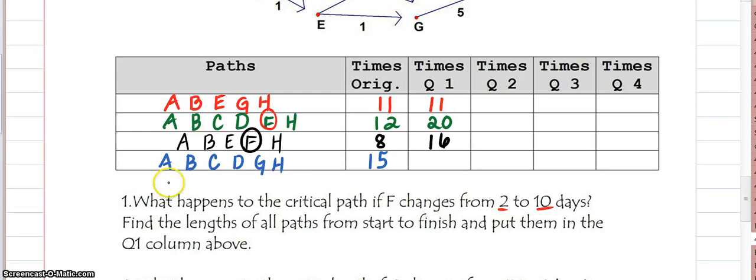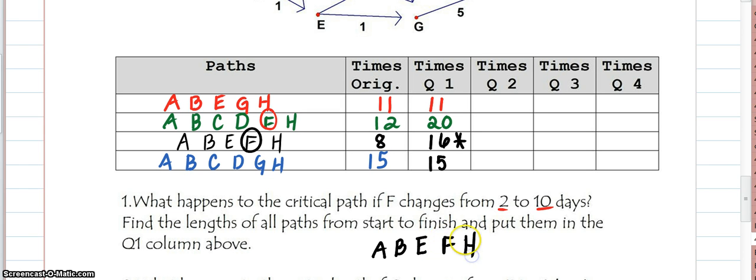And in the last path, there is no job of F, so we have 15 here. So the question is, did the critical path change? And yes, it did. You'll notice that now our third path increased from being 8 to being 16 now, which